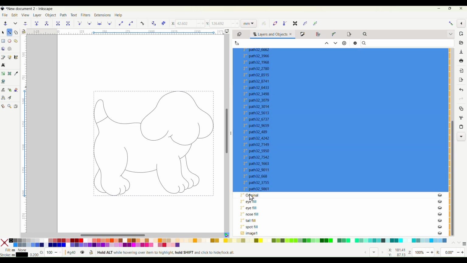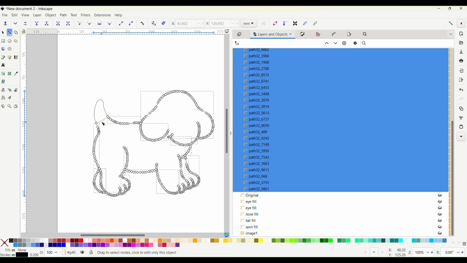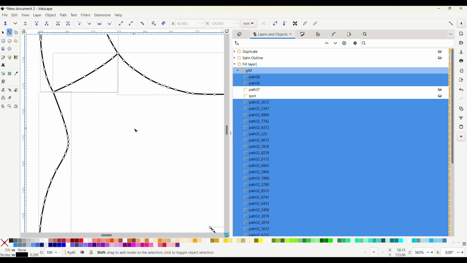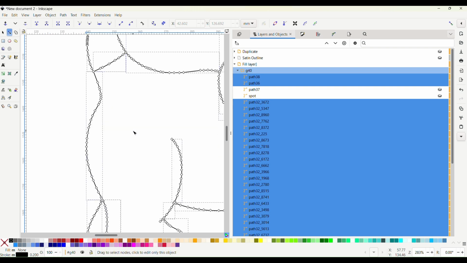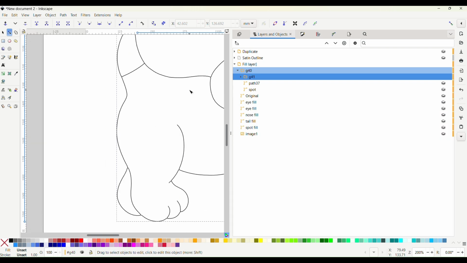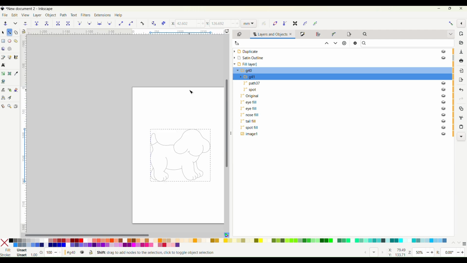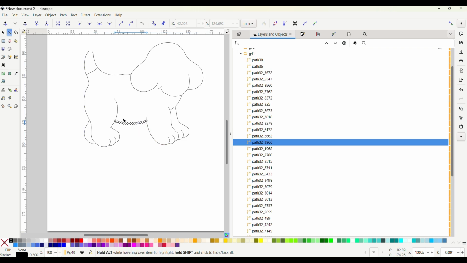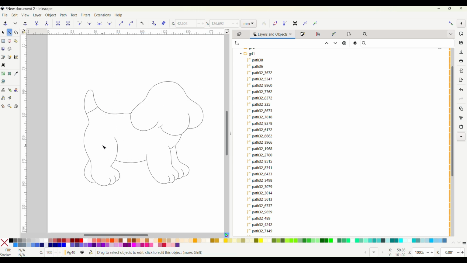Let's ungroup it. We'll select all of these, and then Control G to group them together. All right, so now they're all in a group. Let's duplicate that, and we'll hide the visibility of that one, because now what we're going to do